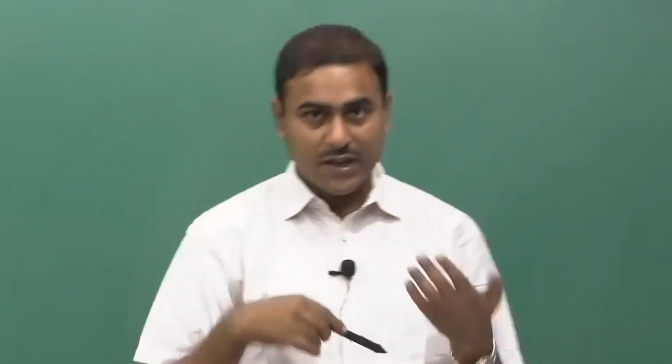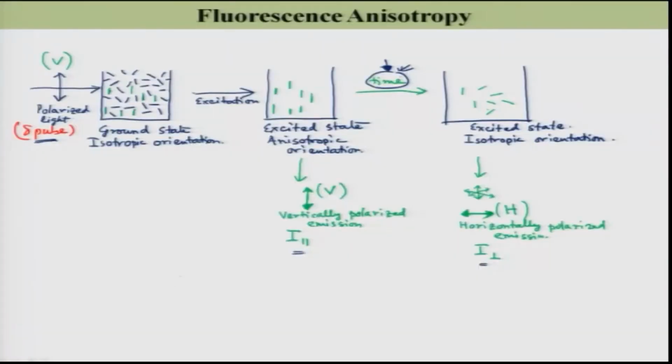So, whatever I said, we can write in terms of an equation like this. I can define a term called anisotropy, denoted as R, equal to I parallel minus I perpendicular divided by I parallel plus twice I perpendicular. You see in this equation, when I parallel equals I perpendicular, this quantity,